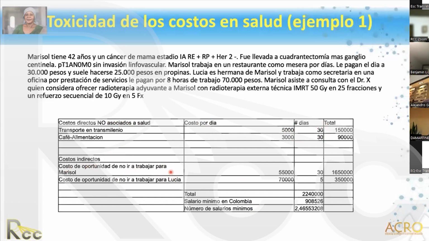So the indirect cost. What is the opportunity cost of not going to work for Marisol? Every day she doesn't work, she is generating a cost, and she's going to go to treatment with her sister, who has to stop working to be with Marisol. That also generates an opportunity cost, not working to be with her sister. So this would be in that scenario where that patient was programmed for 30 treatment sessions. But if on the contrary,